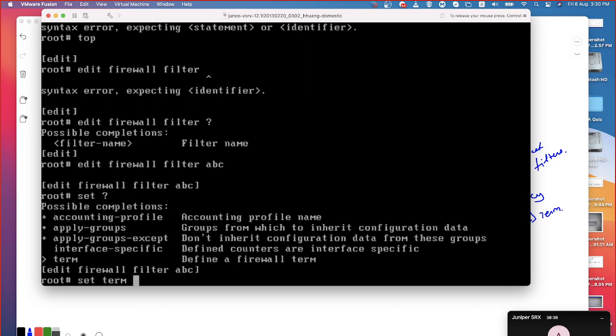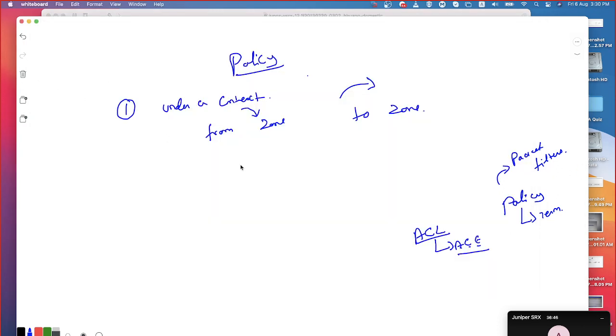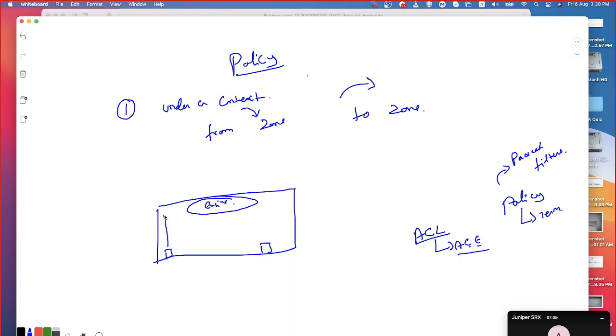But where is this going to take effect? So I told you that you have both of them. What is that both of them? So you have a firewall. Now you have the interfaces, multiple interfaces. Let's take two interfaces here. Then you also have the firewall engine. Now these interfaces are connected to that engine. Now this engine is session based.